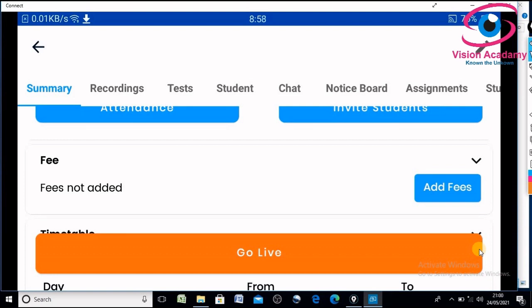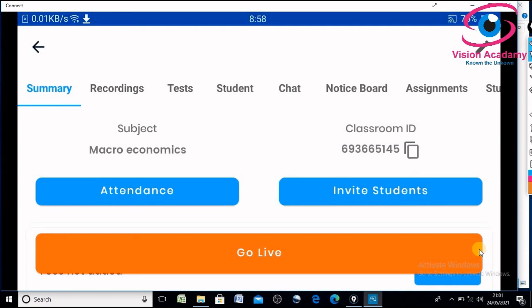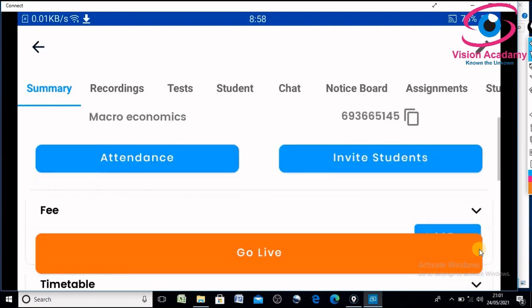And while you are registering, whether you as a student or a lecturer, you need to give your mobile number, so that from the mobile number you will receive notifications, or you can also update WhatsApp. There also you will get notifications. So firstly we created a class and we sent that class link to students so that they are invited.